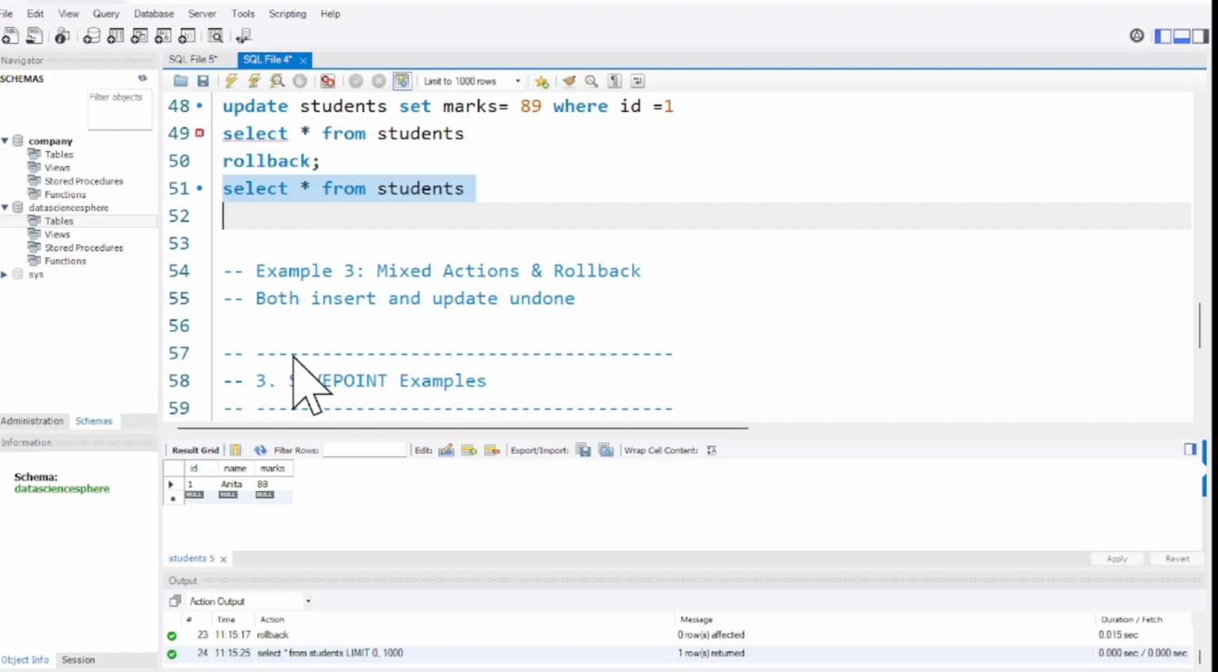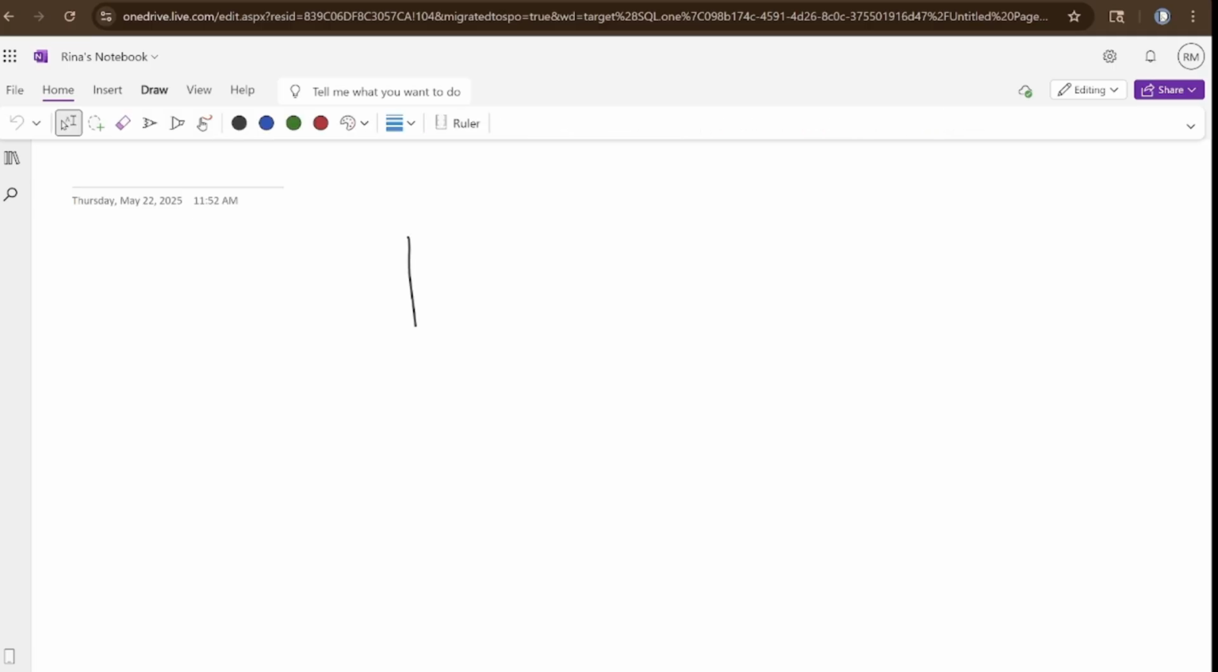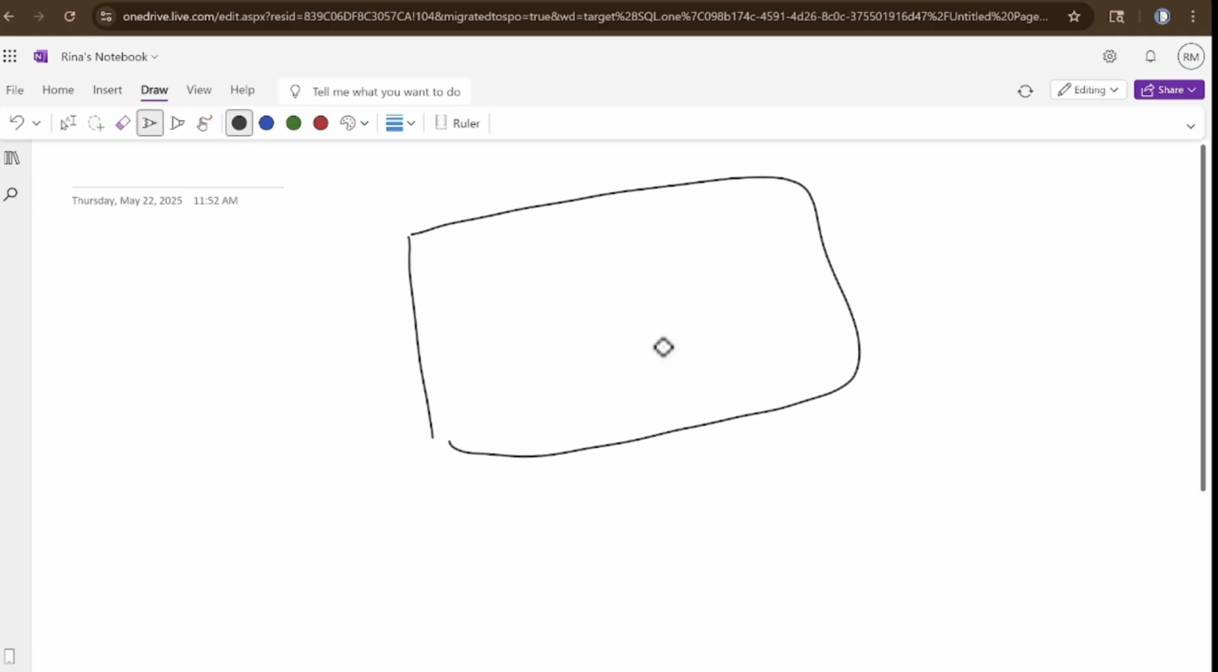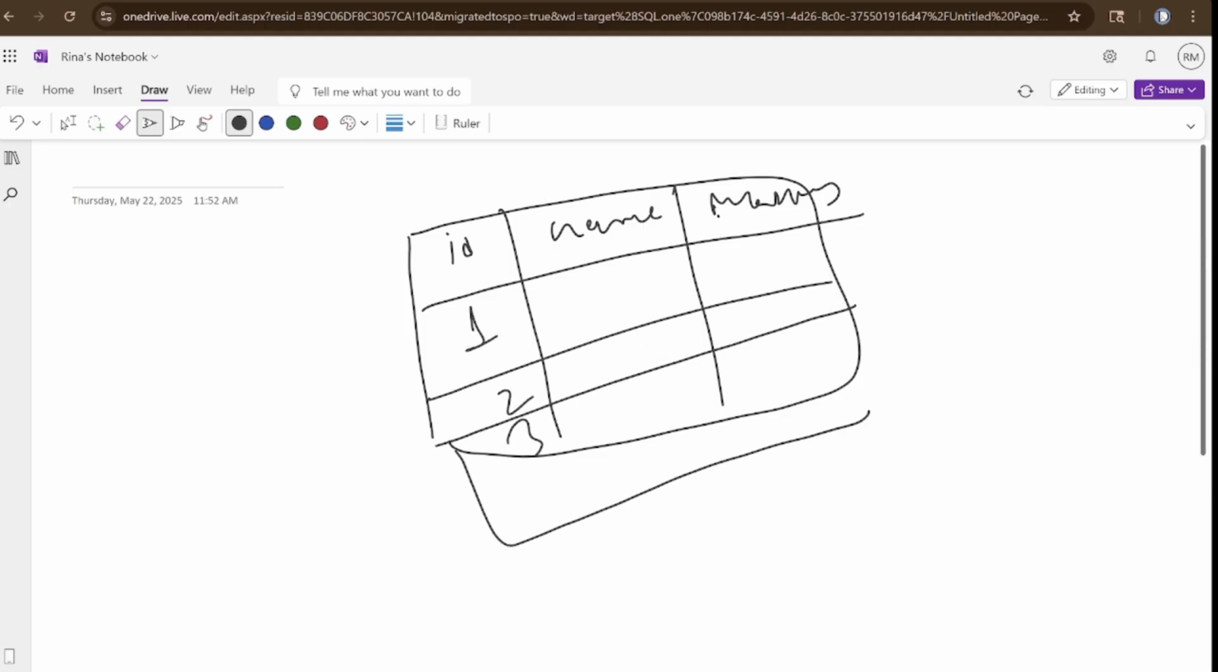So here what you do, after a certain point you create a save point. Let me just show you first. Let's say in your student table, you have ID, name, marks, right? Now what you do: the first entry you have done, the second, the third, the fourth, you have done some operations, that may be anything, insertion, updation, deletion, anything, and after the fifth you have done some